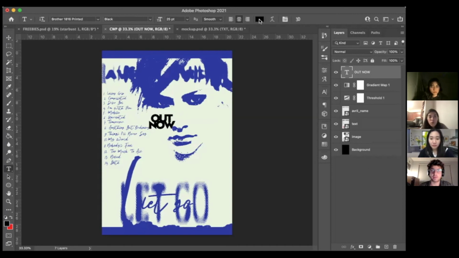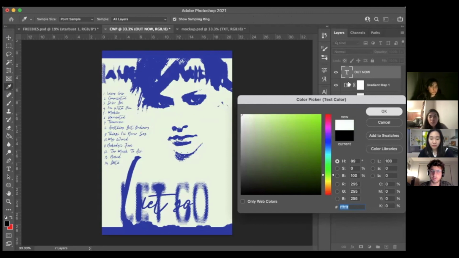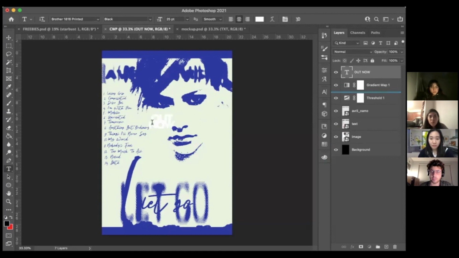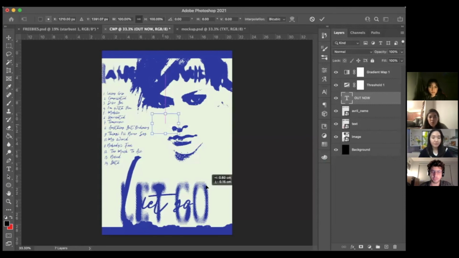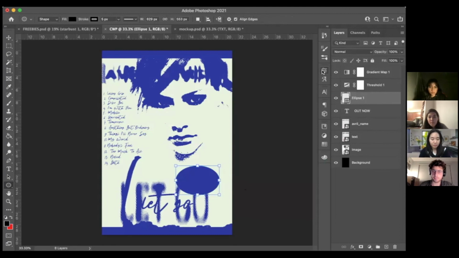And then I'm gonna change the color. I'm gonna just use the eyedropper tool to copy this. It doesn't really matter because it is the threshold. So it's gonna look like this when we put it underneath both of these things. You're gonna go to your workspace, drag it down underneath the threshold and the gradient map, and then just put it anywhere over here. Then we're gonna select the ellipse tool right here, drag it, make a shape, and then just